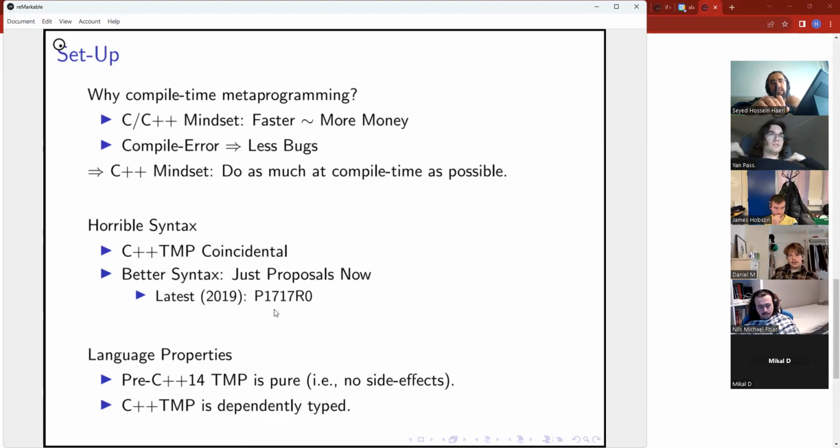Now, as a programming languages person, I have to say that the proposal wasn't that remarkably better. It was better to a certain extent. It helped a lot with what C++ people are used to seeing, so it reduced a lot of the noise, but it could have been much better.